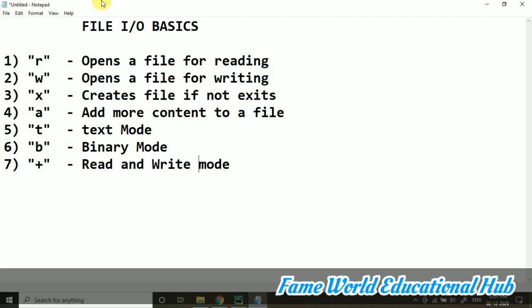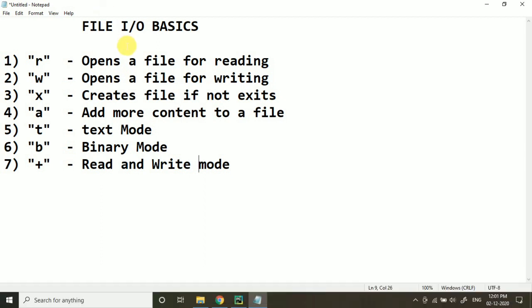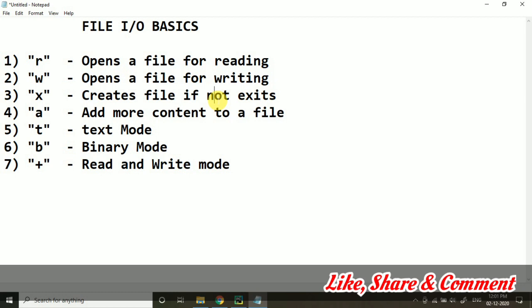But how to handle those files using Python programming? First of all, you can see that I have written here some basic input output operations. You can just note them down, it would be really helpful for you to refer to afterwards. And now there are different modes when we are working on a file. Whenever we are working in our system, we open a file, we read it, we close it. So different things are there which we do with a file.